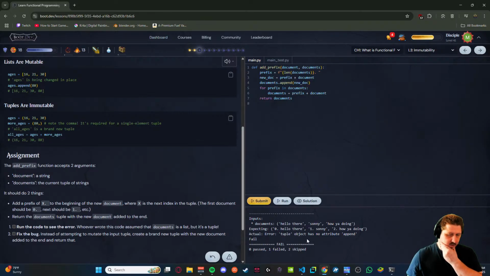Tuple object has no attribute append. Oh. So removing this maybe. Let's do that. Why are you doing test, test, test? Let's just remove these, I guess.